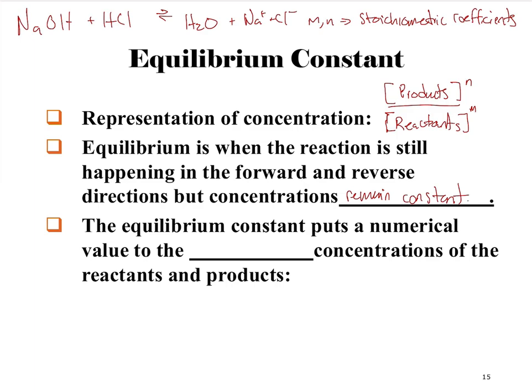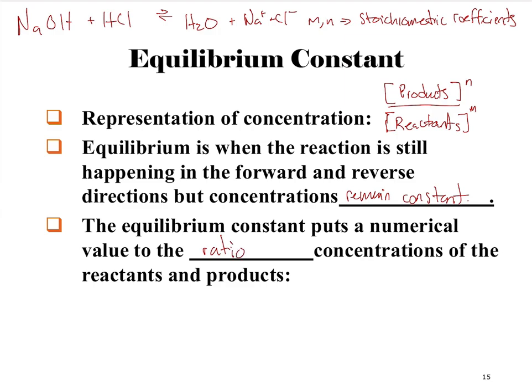And in future chemistry courses, you'll go into how this is related to thermodynamics and energies and things like that. But right now, this is something that was developed independently just by understanding that nature always has to move towards something. And what is it moving towards? Nature's always moving towards equilibrium. And this isn't just an idea in chemistry, it's an idea in physics, biology, all of these things deal with equilibrium. And so it puts a numerical value to the ratio